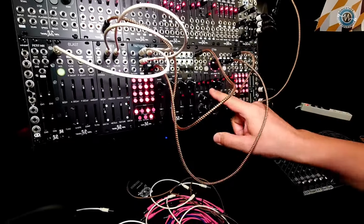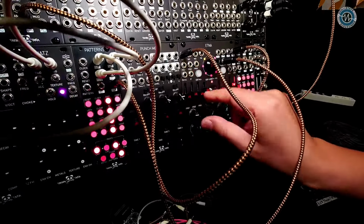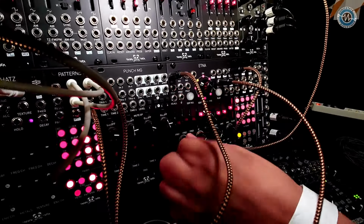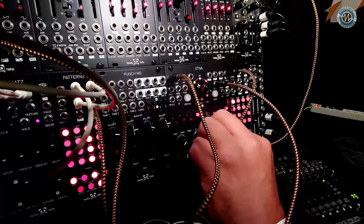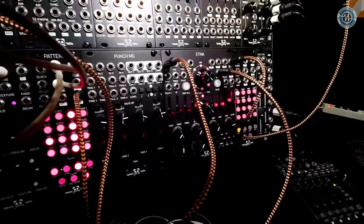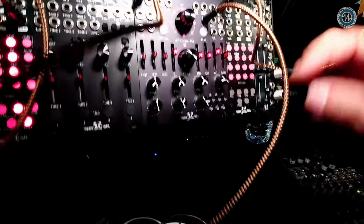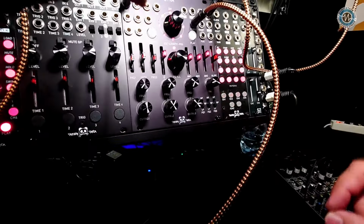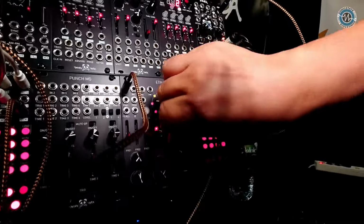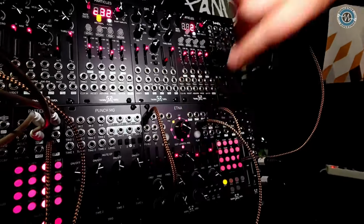So here, it's a clean filter. Very clean with a lot of headroom. What kind of filter is it? Is it a 4-pole or multi-mode? It's a 4-pole filter. 3 filters, 4-pole each one. You can switch between low pass, band pass, and high pass on each one, and you have a master control over here, so you can sweep all of them at the same time, and it sounds really